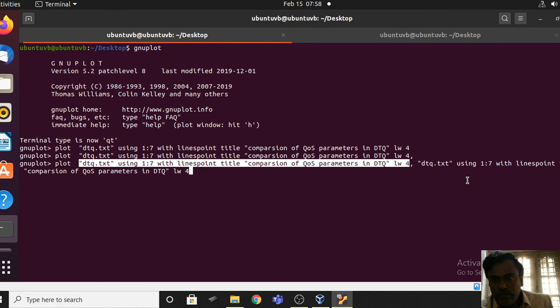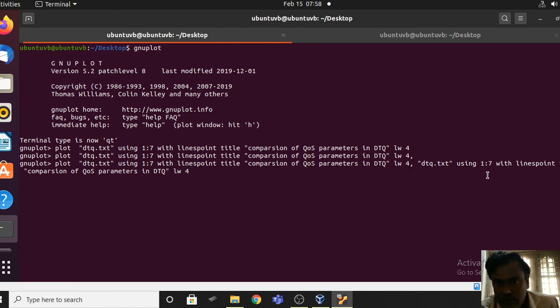So between say 2 and 6 if you want to draw, you can change these values.